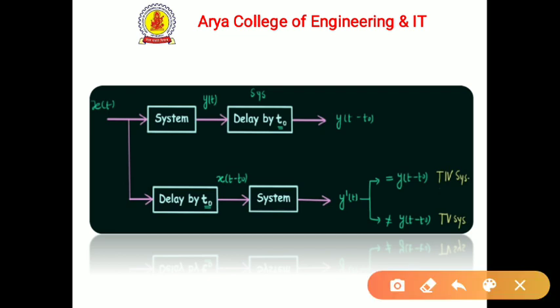Here we have input x(t) and the system. We apply x(t) to the system and get the value of the output, that is y(t). But we are providing a delay after getting the output of the system. It is called delayed response, because we are providing a delay after getting the response. So this is a delayed response, and we have one output after delaying the response.